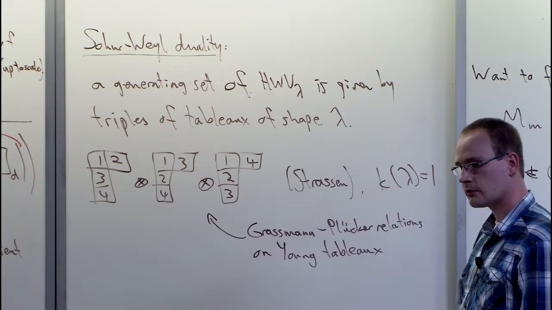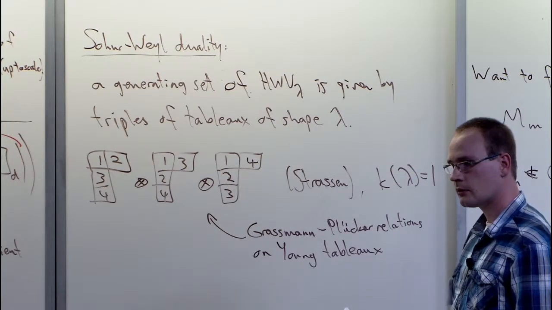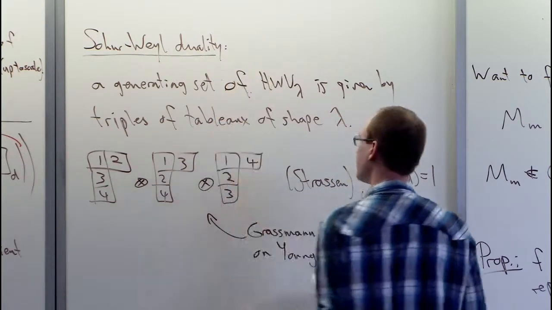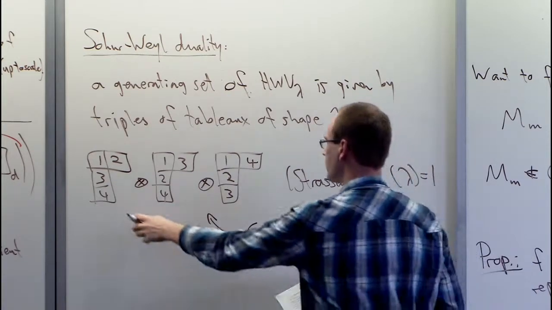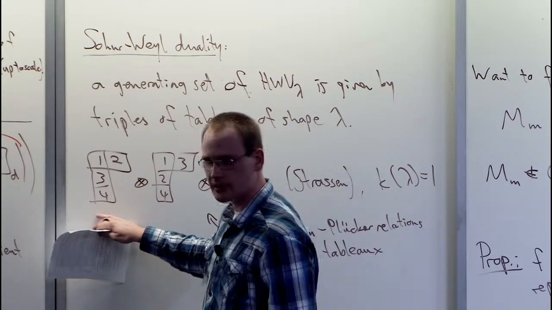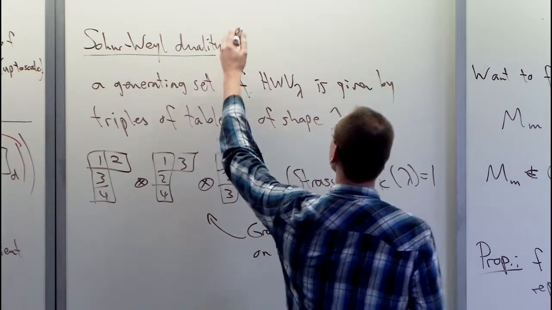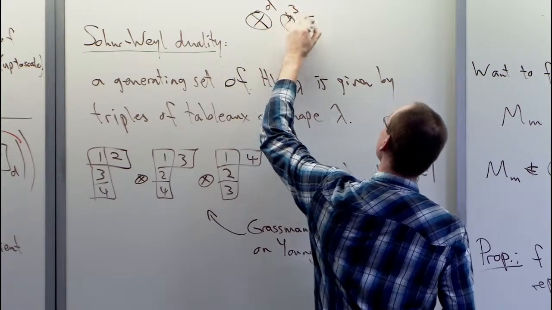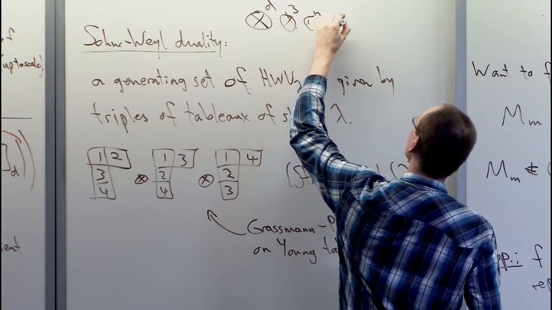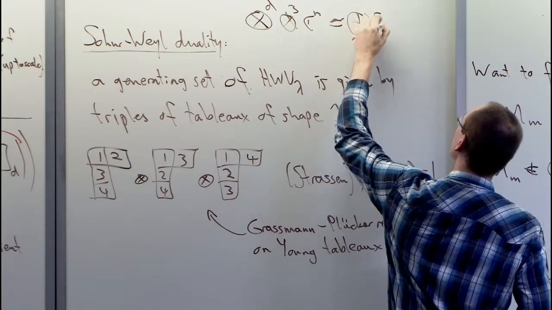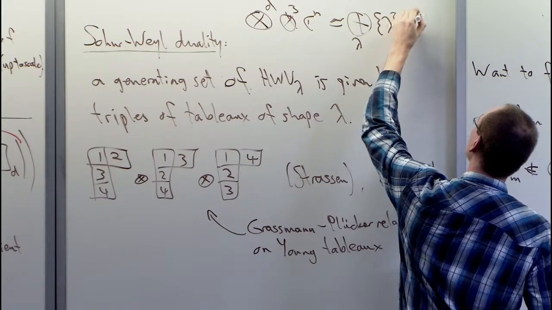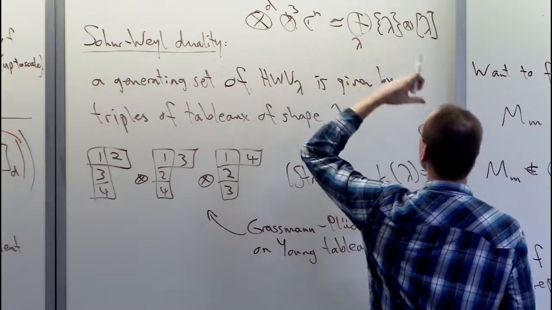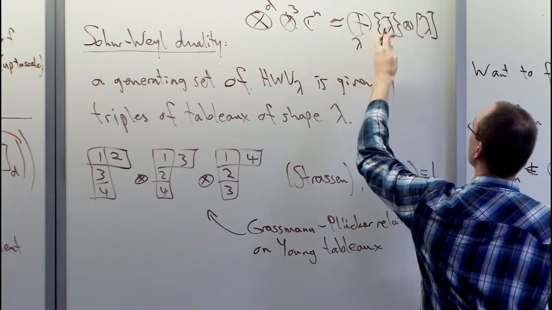Each Young tableau corresponds to a vector. It's a tensor of tableaus. A tableau is in a tableau space. The connection is that you go from the d-th tensor power of the third tensor power of C^n, and you decompose this using Schur-Weyl duality, and then you have these constructions. You have to make all these steps formally, and then you see that you have a highest weight vector space.